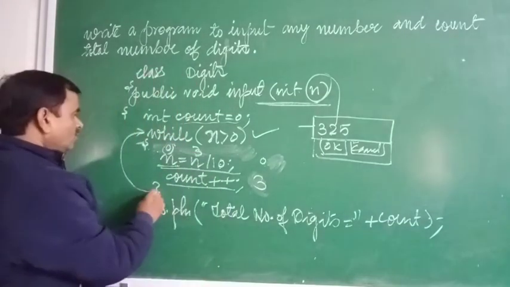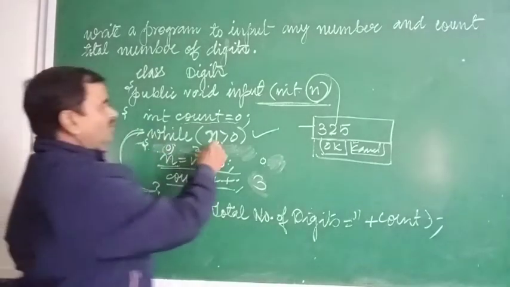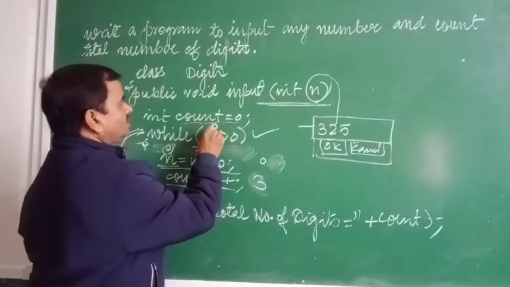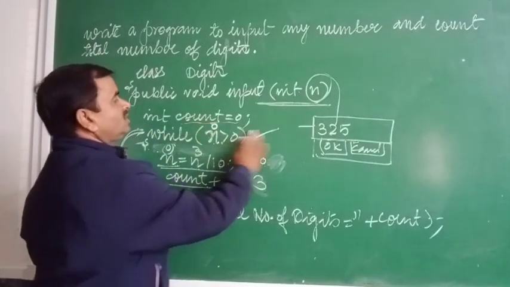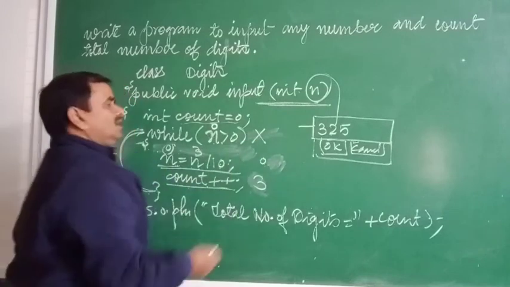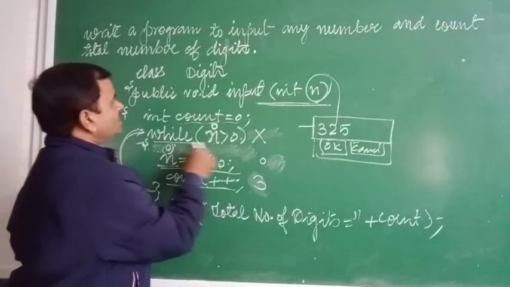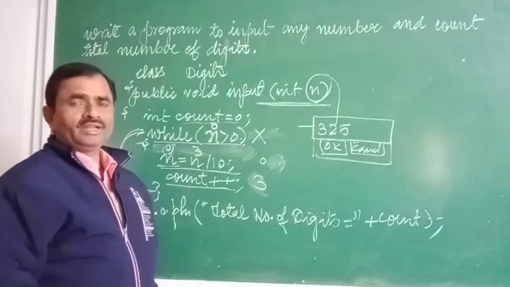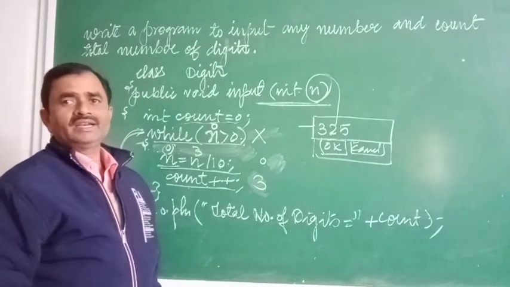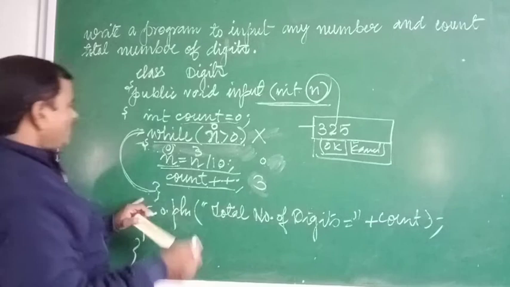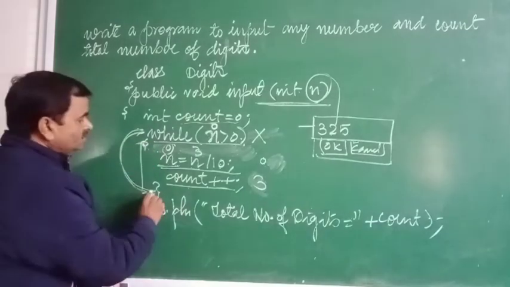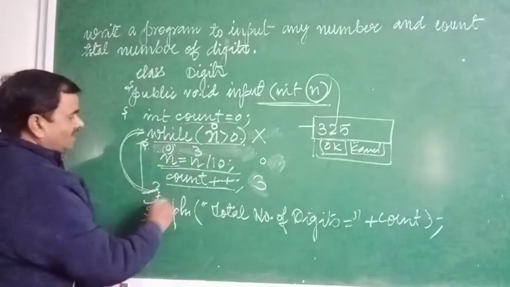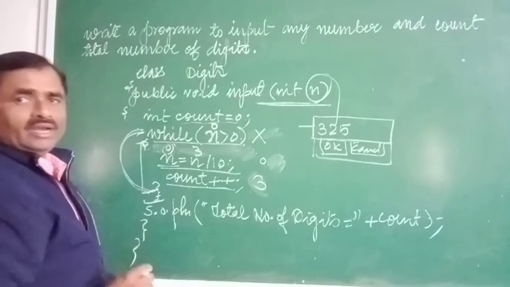Again your control will go back to the while loop. Now it will check. The value of n is 0. 0 greater than 0. This condition will be false. If this condition is false, means your control will not be allowed to enter inside of the loop body of while, because it is an entry control loop. Now what will happen? Your control will jump outside of this block and it will read just the next line after the closure of the while loop.